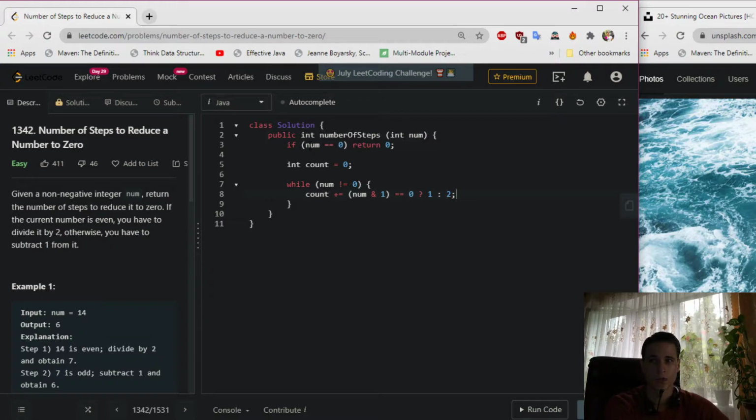And at each iteration we do logical right shift, we divide by 2,